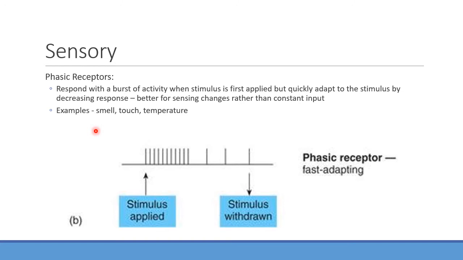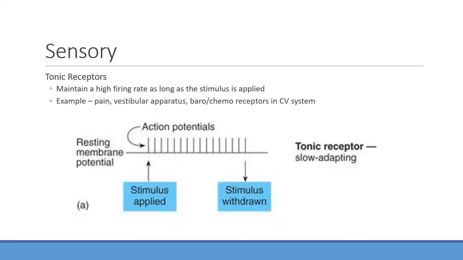However, there's no big changes going on, so again that sensation tends to fade, and the action potentials become less frequent. Kind of make sense? Okay. On the other hand, sometimes we want to maintain constant awareness or constant feeling of these different sensations. So with these tonic receptors,